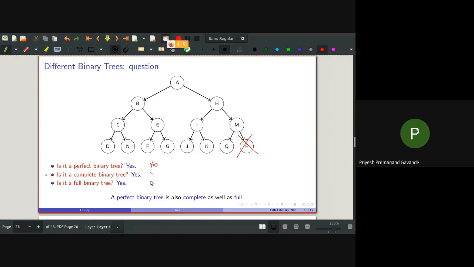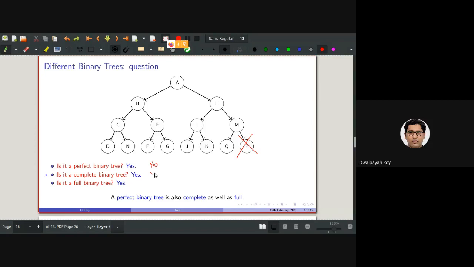The first 3 levels are filled, and then the last level is filled from left. Then what is the criteria for a full binary tree? Each node should have 2 or 0 children.